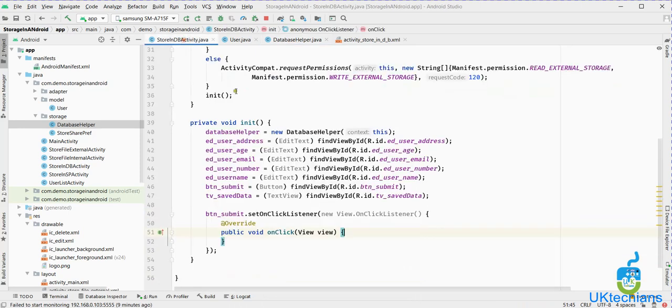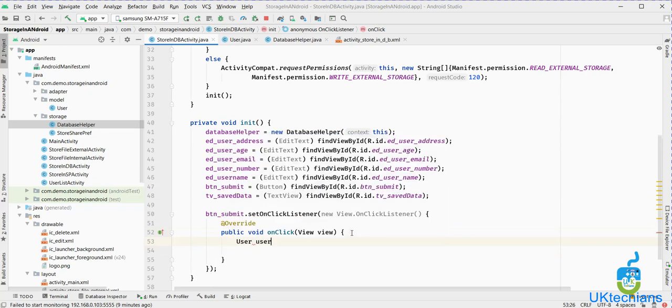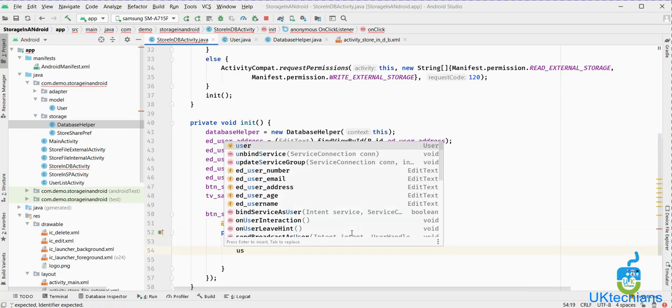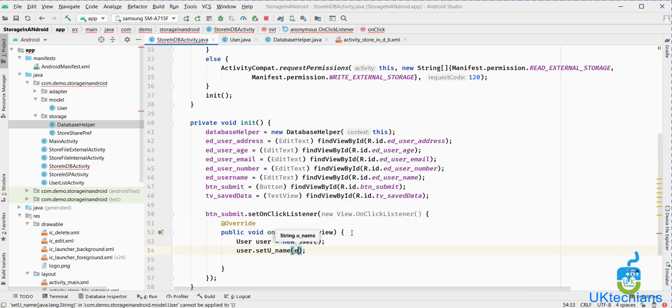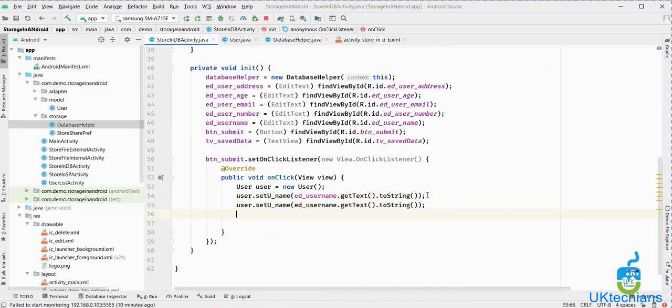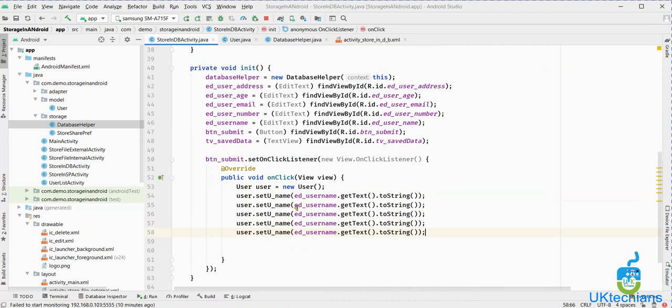Now jump to this activity, and now we have to create here a user object and we will add the user like this. getText().toString(), and respectively I will copy this and paste and just change the values, and the last one will be the age.